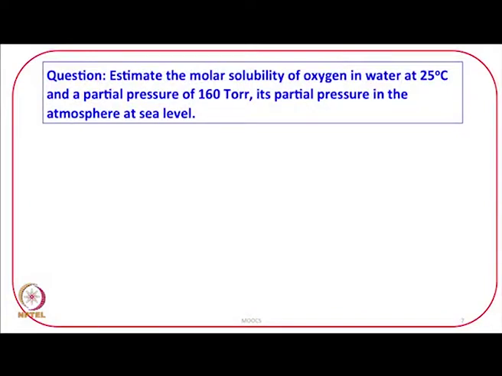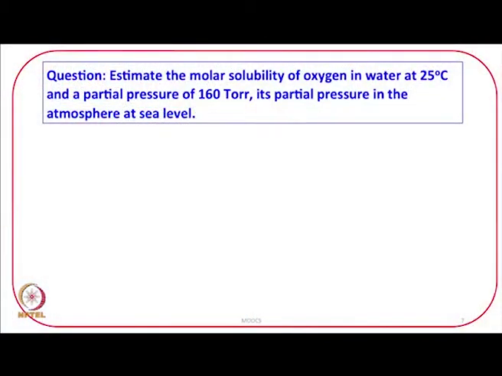Now, let us discuss an application of what we have covered. Estimate the molar solubility of oxygen in water at 25 degrees Celsius and a partial pressure of 160 torr, its partial pressure in the atmosphere at sea level. How do we approach this question? The molar solubility of oxygen in water is to be determined,